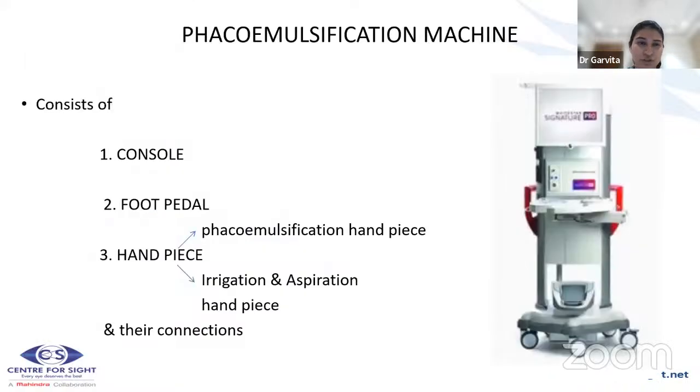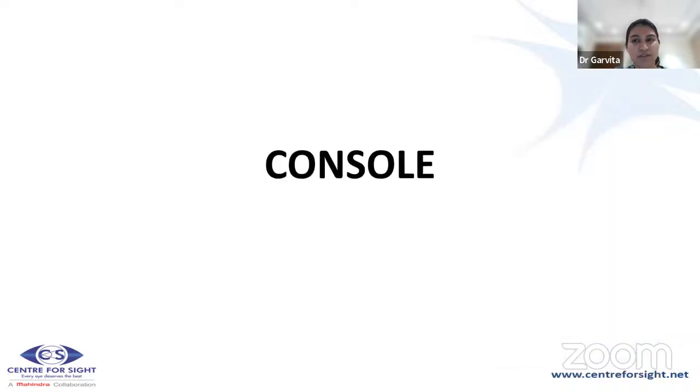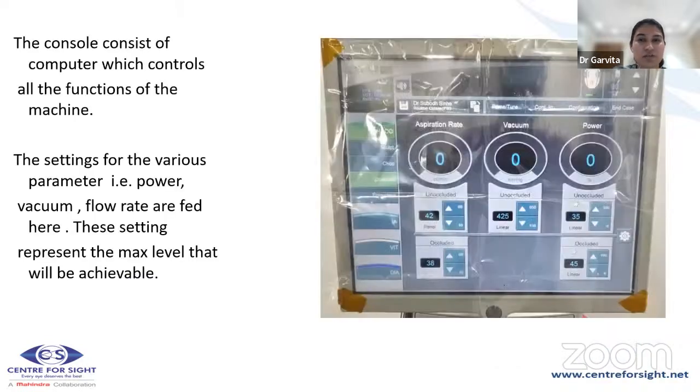Beginning with the Phaco machine, it consists of a console, which is this screen that we see, foot pedal, a handpiece, which can be a phacoemulsification handpiece or an irrigation and aspiration handpiece, and their respective connections. Coming first to the console, it consists of all the controls and the functions of the machine. As we can see in the picture,